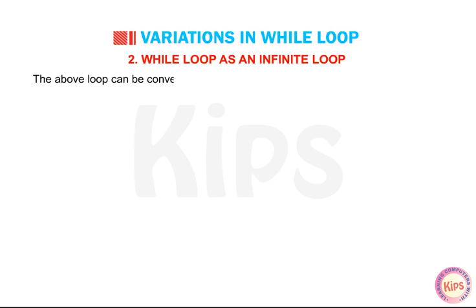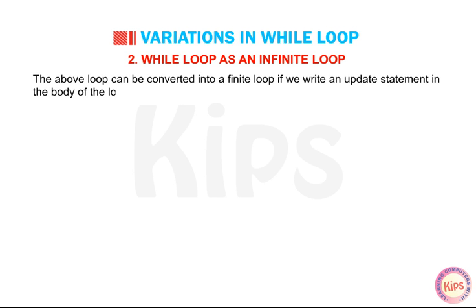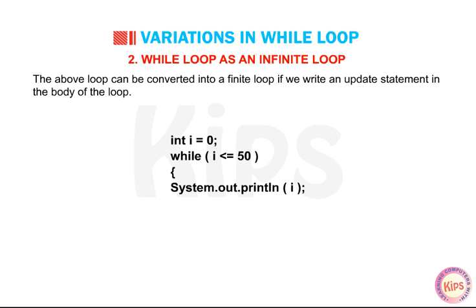The above loop can be converted into a finite loop if we write an update statement in the body of the loop. int i = 0; while (i <= 50) { System.out.println(i); i++; }